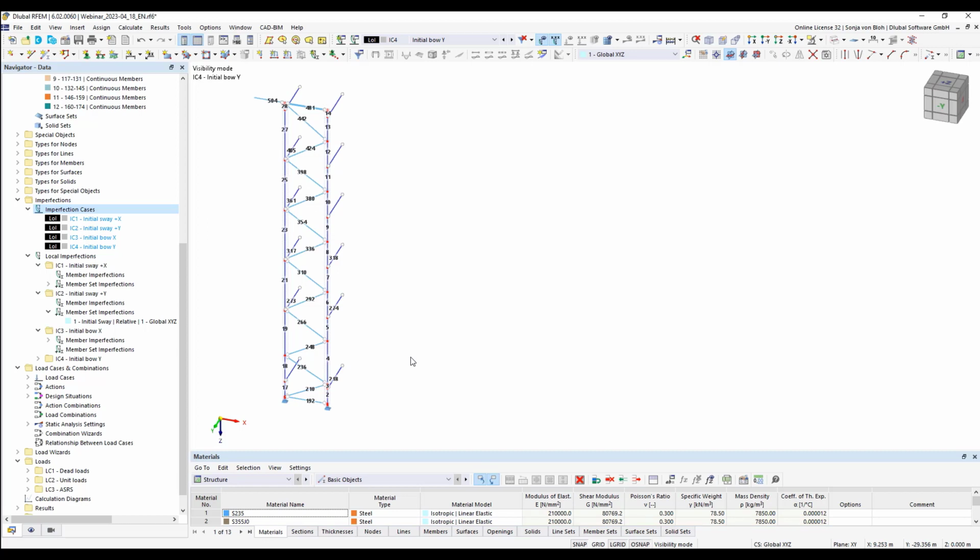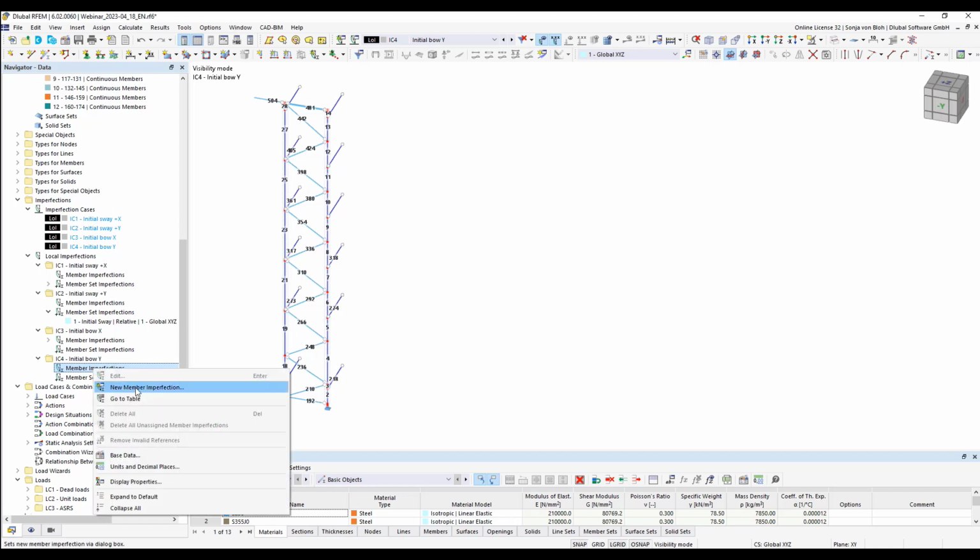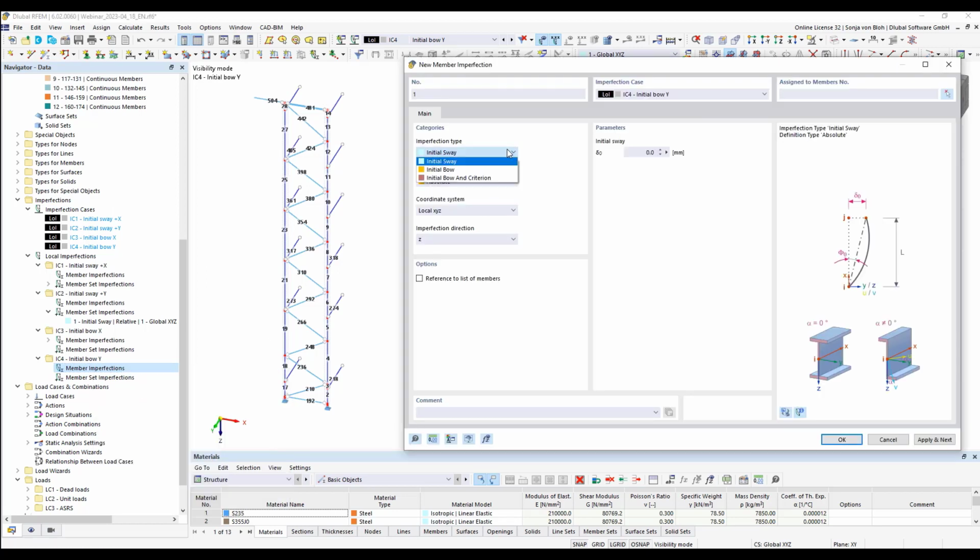And I create a new member imperfection for this, so here new member imperfection from imperfection type initial bow, manually relative, same initial bow as for the X direction, also in global and imperfection direction is now Y, and here I have also to activate this option. And then